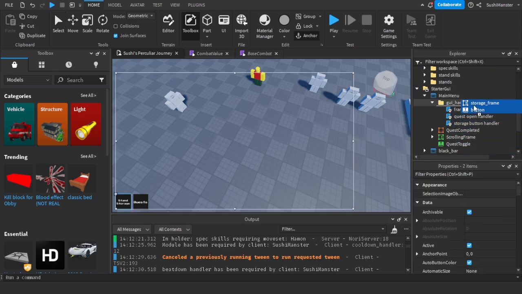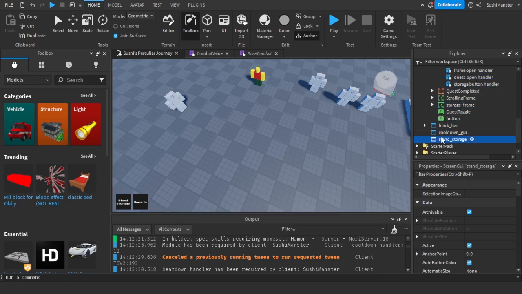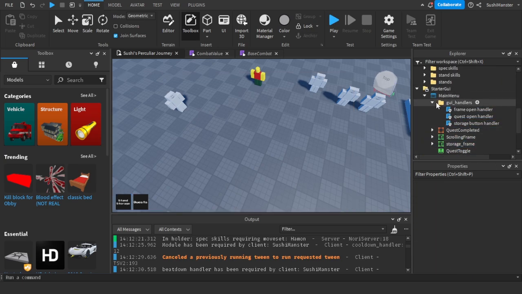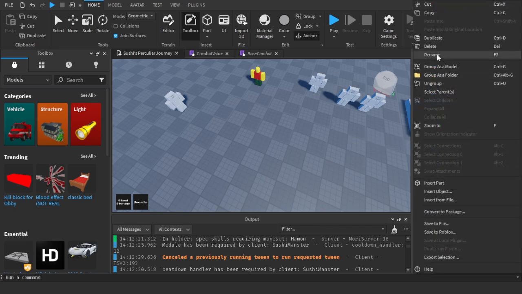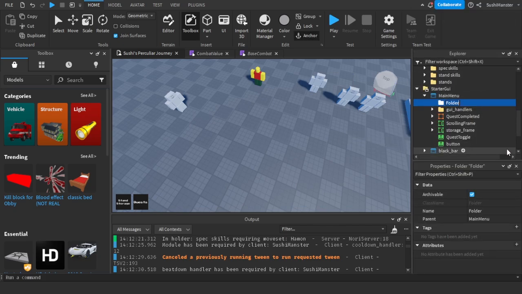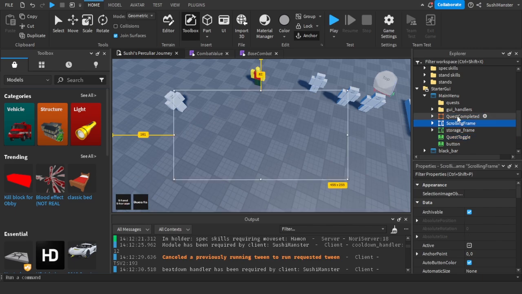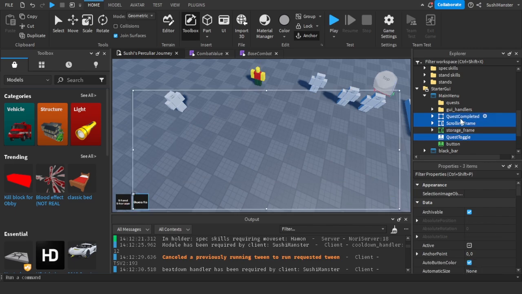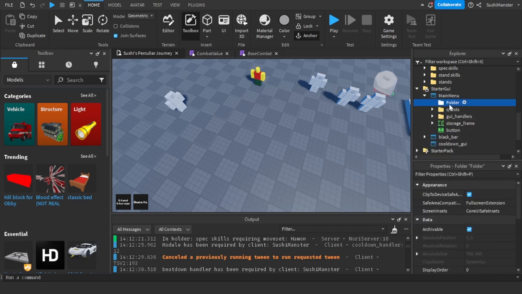Let's put this here, main menu. And to separate the GUIs, let's add in a new folder. This folder is for quests. Scrolling frame, quest completed, and then storage, and storage